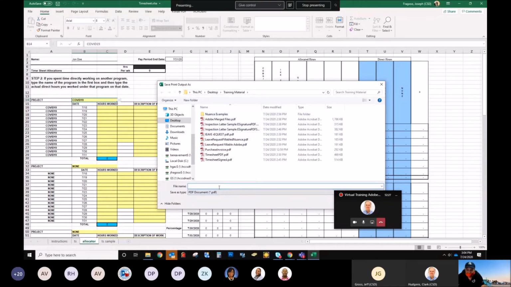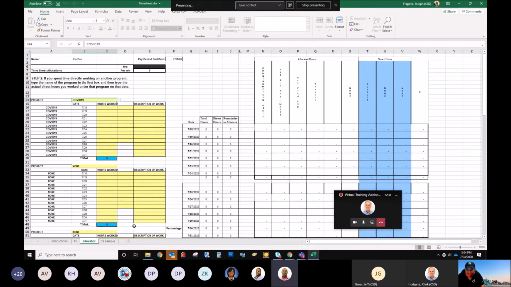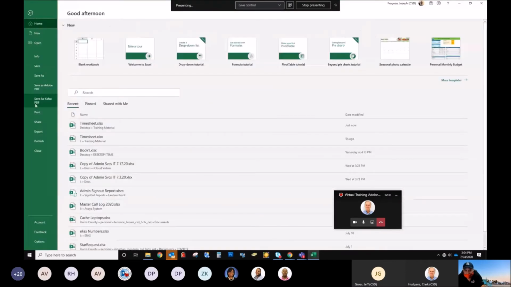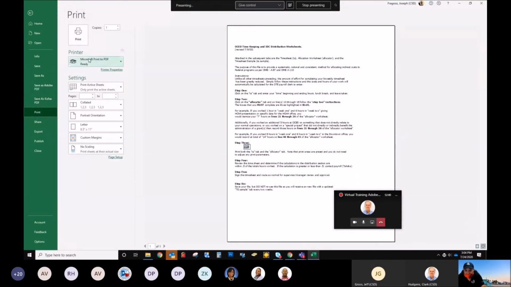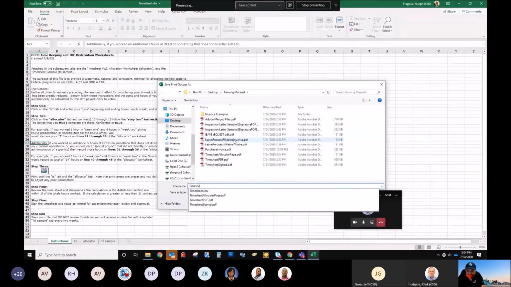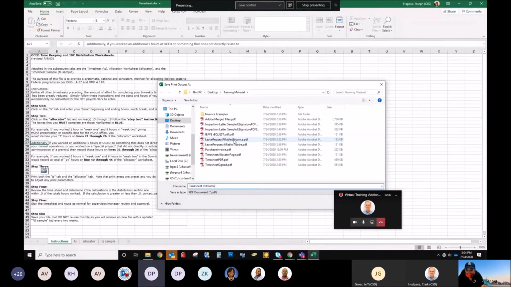We're gonna train material. We're gonna do timesheet, allocator, page. Now we're gonna do the instructions, I guess. File, print, print to PDF, print, timesheet, instructions. Now the merging, guys, unfortunately, it will not work if you don't have a licensed Adobe or a